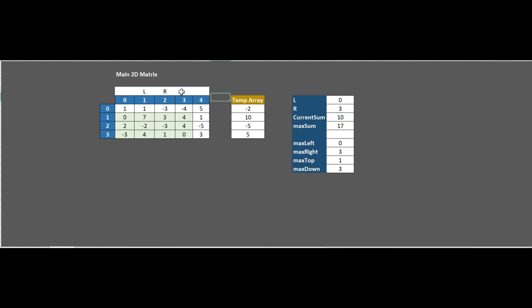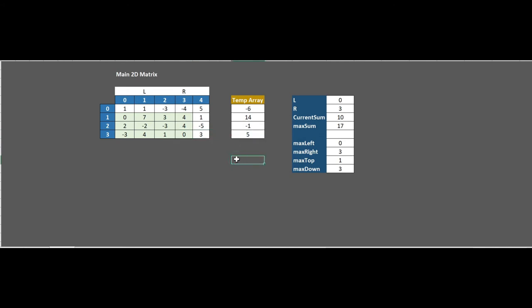So 10 is the current sum and that is also less than the maximum sum. Then we can move from here. Same thing again, we have to add all those things with this one. So this one will become minus 6. Then 4 and 10 will become 14. 4 and minus 5 will become minus 1, and 0 and 5 will remain 5 only.